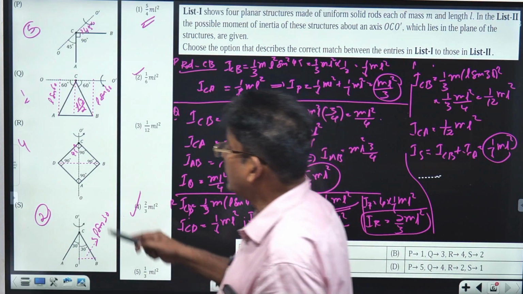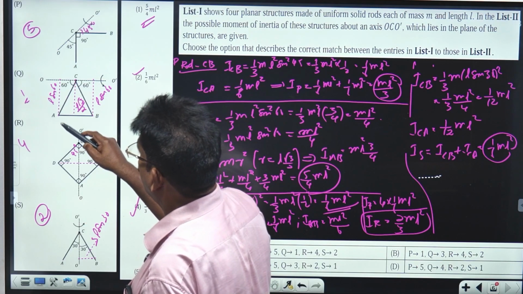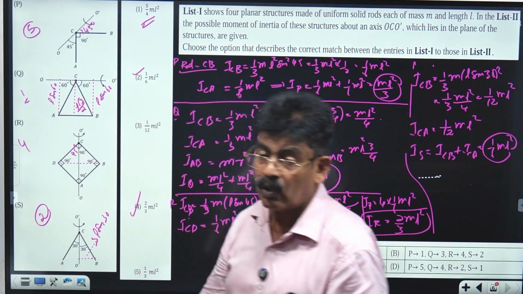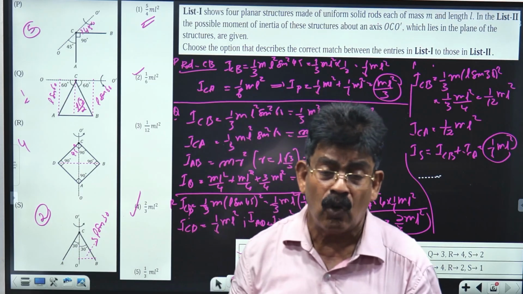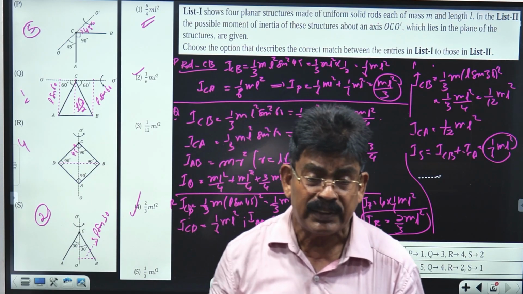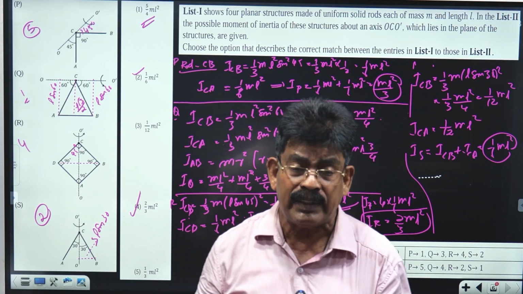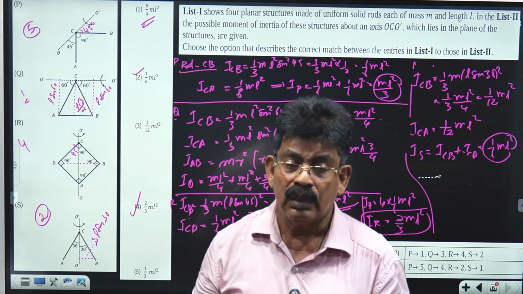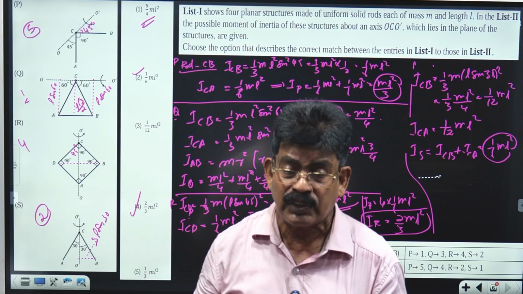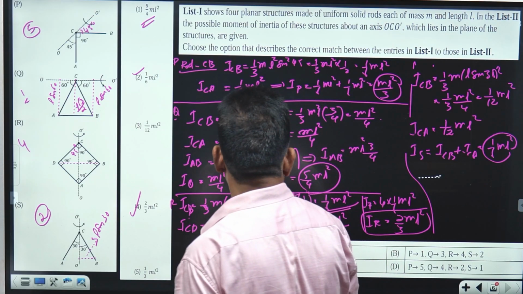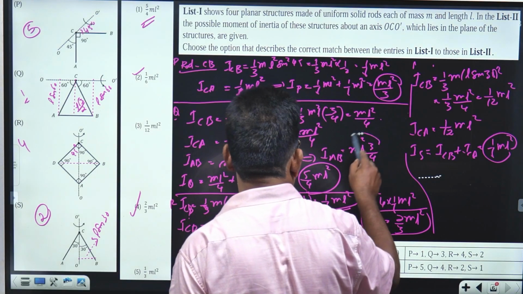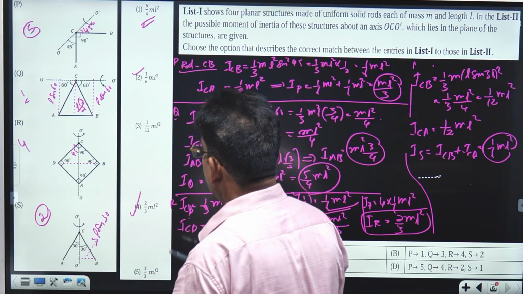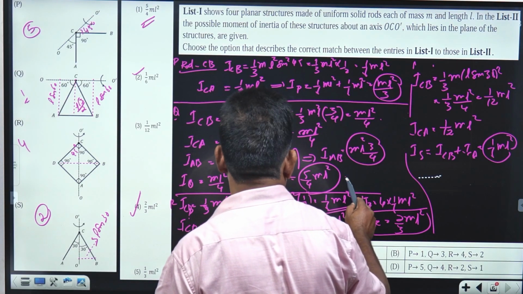Only one difference was used in the question, option Q. There we have a third rod AB. The speciality of the third rod was that each and every point of the rod AB in case Q is equidistant from the axis. That is the altitude of the equilateral triangle, that is L root 3 by 2. Therefore, that rod's moment of inertia is simply m r squared, that is m L squared 3 by 4. So along with the rods CB and CA, we have to add that also. We got the answer there as a sum of 5 by 4 m L squared.